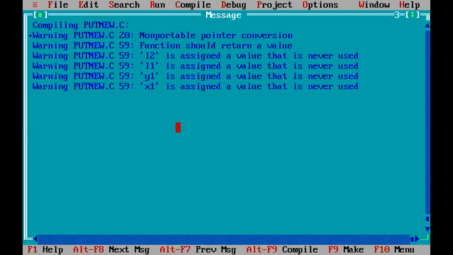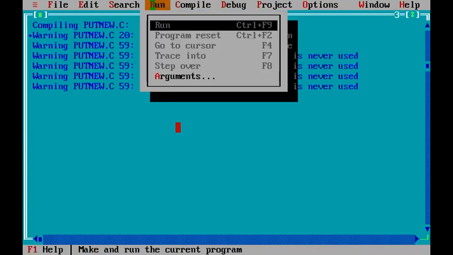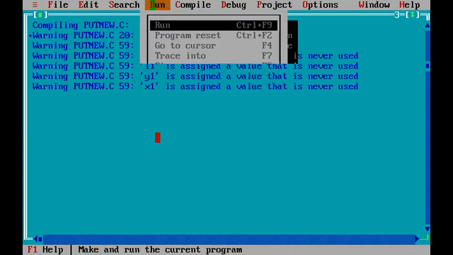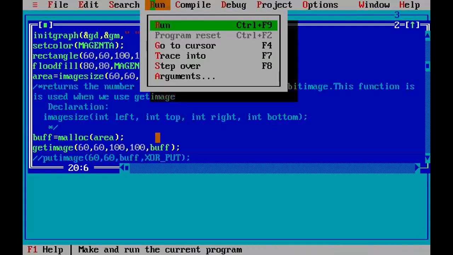Compile. Okay, this is done. Now a rectangle is drawn with a magenta color and it is flooded with a white color, and it is saved and stored with the help of get image into the memory.